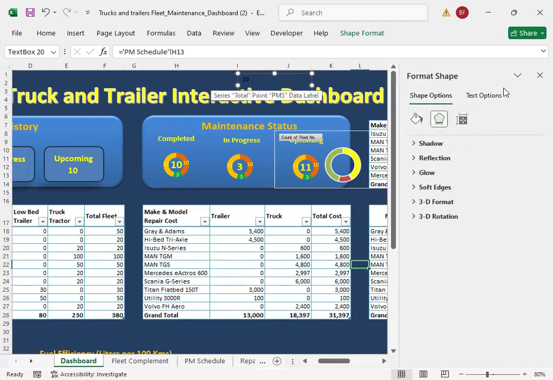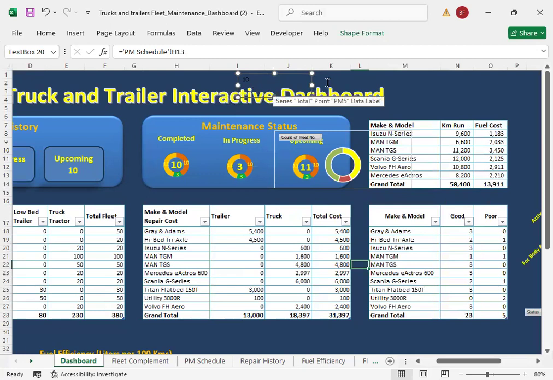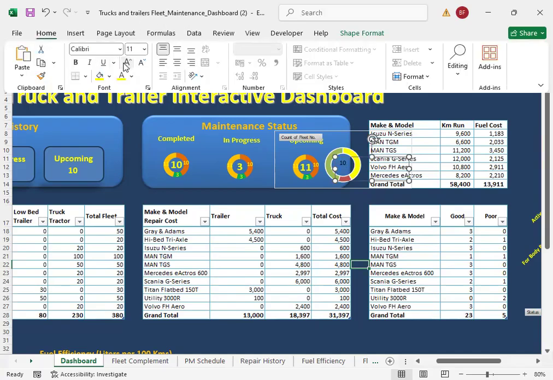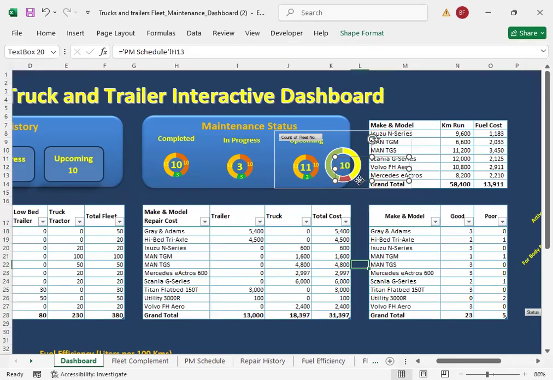Just like what I did for the repair history, you put it inside. Then you want to change the size and then the colors and then make it bold. Can do that. All right. That's how you do it for the donut